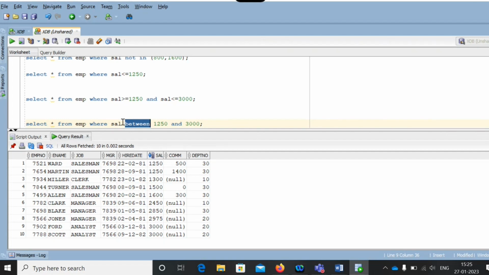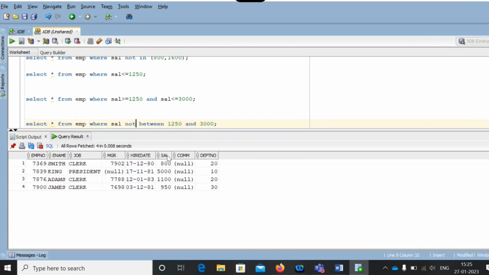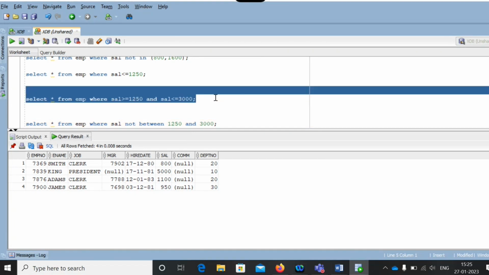Other than this range, if you have anything, you'll get that. Now, how can you manage in this place? Tell me. See, the same results we are able to get using between, right?